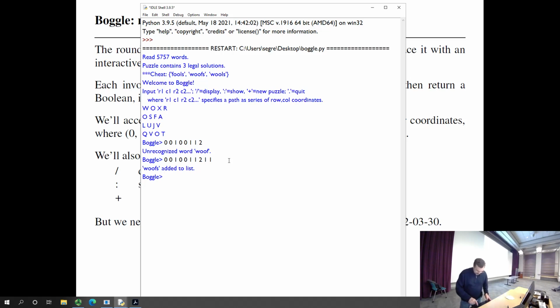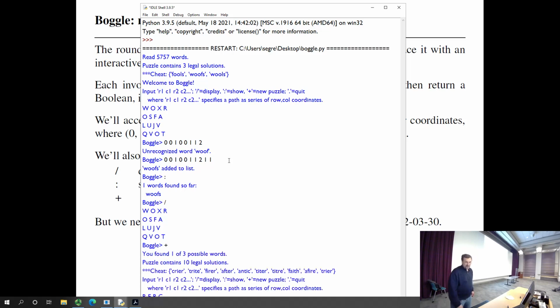If I hit the colon, it will show me the words I found so far. If I hit the slash, it'll print out the puzzle for me again. If I hit the plus sign, it should tell me how many words I found of the possible words, and then it should generate a new puzzle, which is what it does. This puzzle has